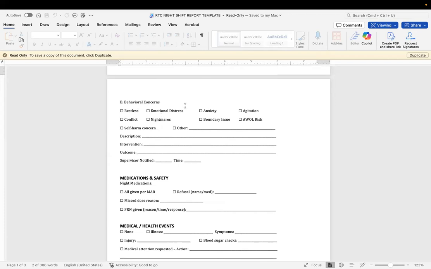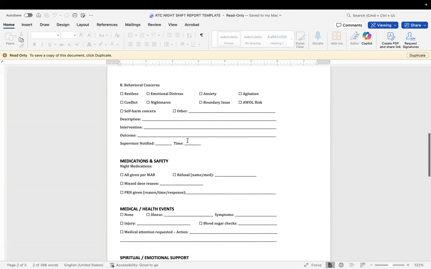Emotional distress, they're crying more at night. They are more anxious, more fidgety. Maybe they're refusing to sleep by the window and they want to sleep on the other side of the room, whatever, making sure you articulate those things. Agitation. It's extremely important to notate what time that is, because if it's 30 minutes after a medication, Miranda's going to want to know that. Or if it is 5 minutes before they have to take a shower, the counselor's going to want to know that, like what's going on with that. So make sure to identify those behavioral concerns.